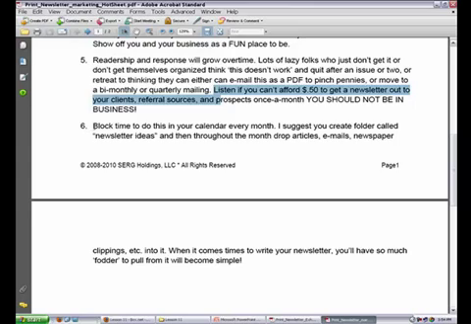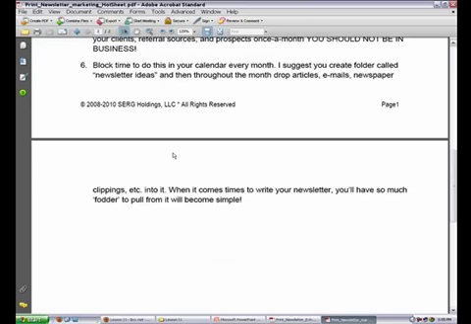And you definitely want to block time to produce this. I encourage you to get a folder and label it newsletter ideas, and as you get ideas or see magazine clippings or newspapers or get emails with stories that you like or a web page with something interesting, print it out, rip it out of the magazine, whatever the case may be, and start stuffing it in that folder. So when it's time to write and produce your newsletter, you have a ton of fodder to pull from. It'll be a lot simpler and faster to produce the content and the piece.